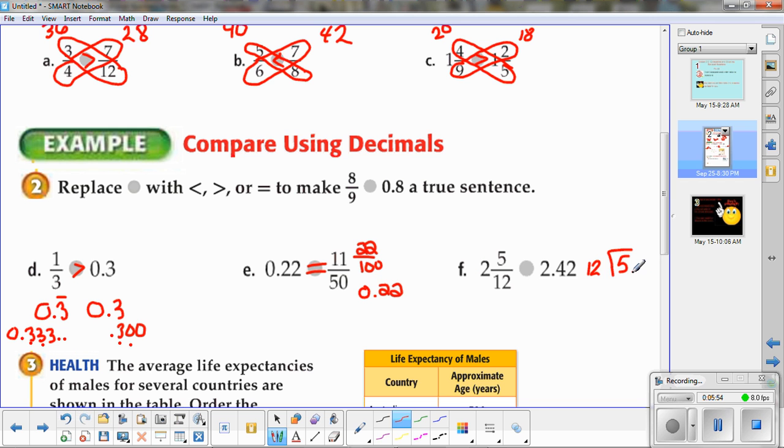12 doesn't go into 5, so I add a decimal point and a 0, put the decimal straight up. 12 goes into 50 4 times. 4 times 12 is 48. 50 take away 48 is 2. Add a 0, bring it down. 12 goes into 20 once,